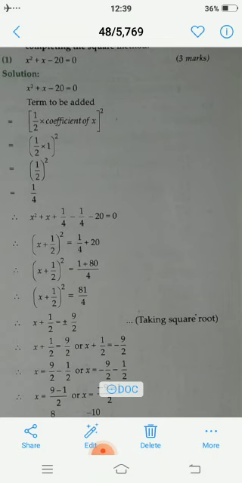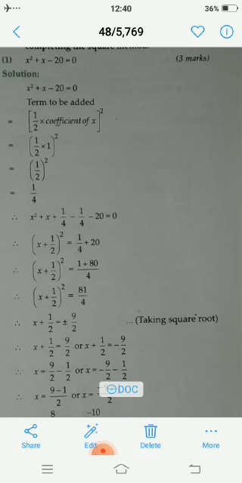So now we are taking the square root, so the square will be removed. Now see, x plus 1 by 2 whole bracket square is equal to 9 by 2 whole bracket square, because the square root of 81 is 9 and of 4 is 2. So now we will remove the square, that means we take the square root. So the square term will be removed. So x plus 1 by 2 will be equal to plus or minus 9 by 2. Why? Because we are taking the square root. So 9 by 2 will be added to x plus 1 by 2 in one case and it will be subtracted in the other.